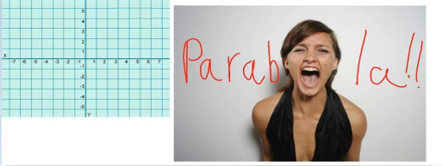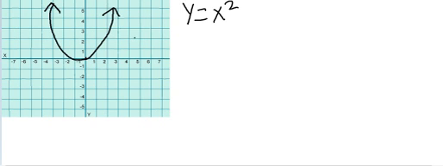All right. With that being said, let me tell you something about parabolas right now. The most common parabola you will see is y equals 2x squared, which looks something like this. But in reality, your actual teacher is not going to give you anything like this on the exam. So let's get into more details.